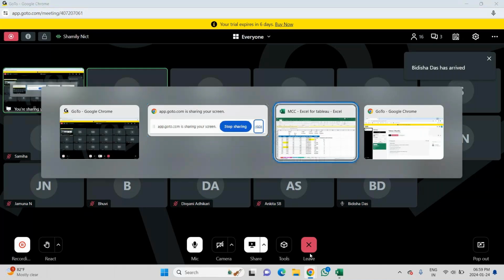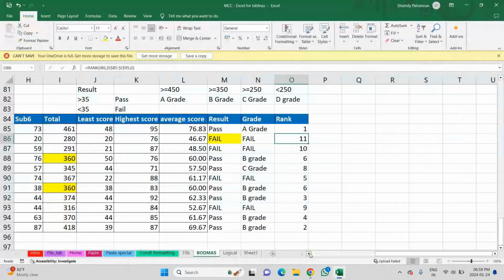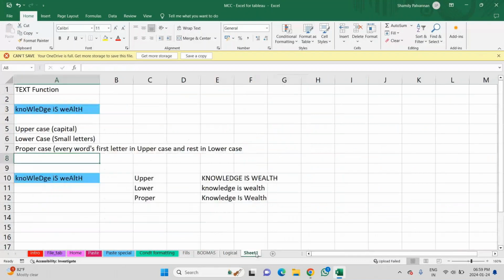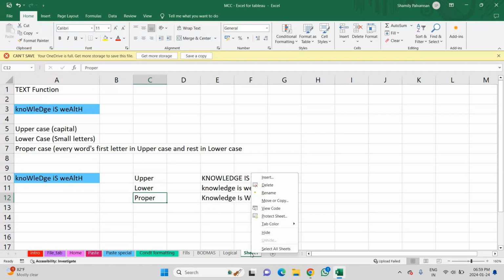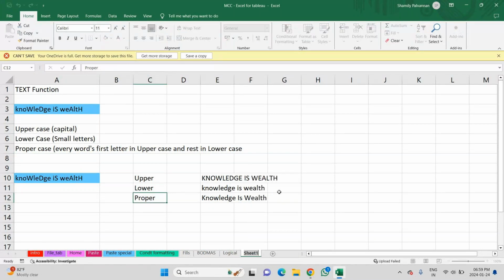Okay, so we'll continue with the text functions. Last class we did the uppercase, lowercase, and proper text functions. Then we will do the remaining part of the text related functions. Now the next function we are going to see is